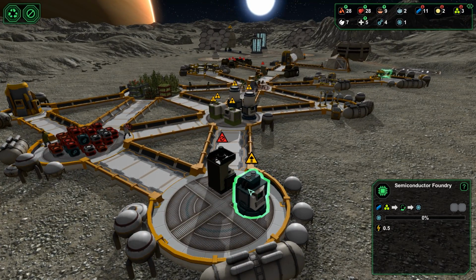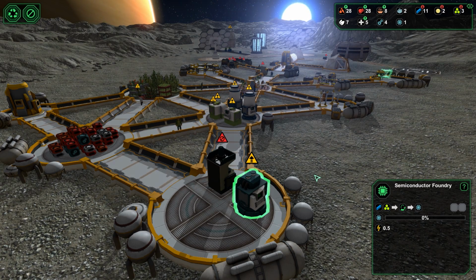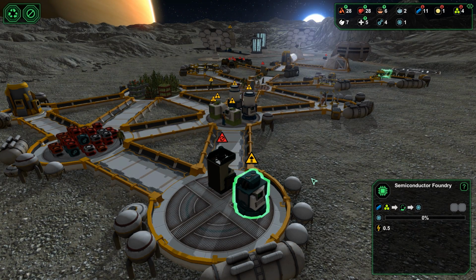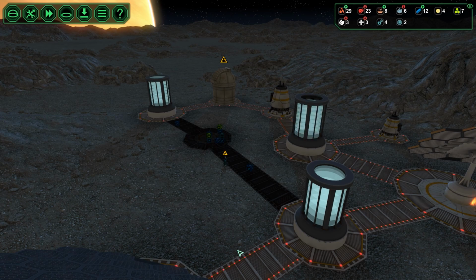Come on, come on, come on. I can stare at it all day. No one wants to watch me stare at it all day. So I'm going to speed things up and we'll cut to a completed semiconductor. And look at that. Trader came through. So we bought a semiconductor before they could finish making one, which means we should see an engineer running along